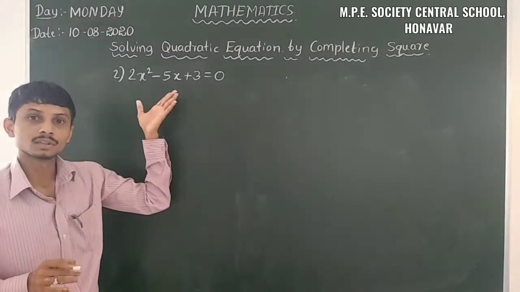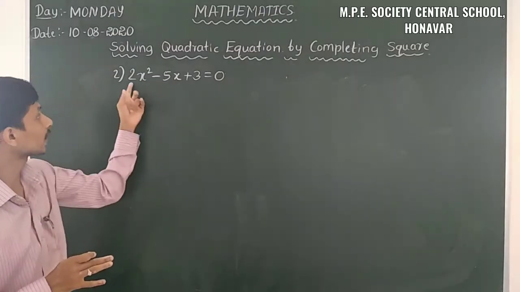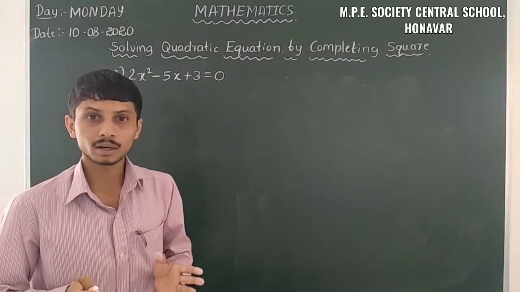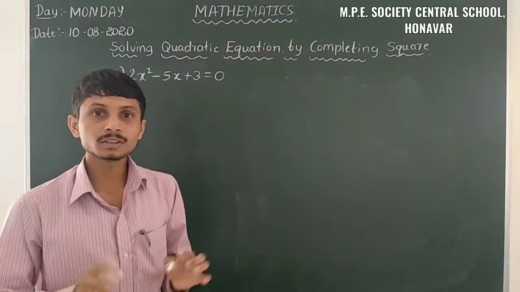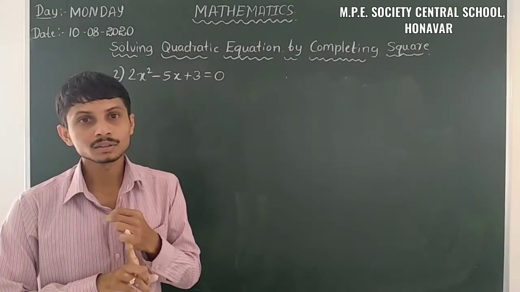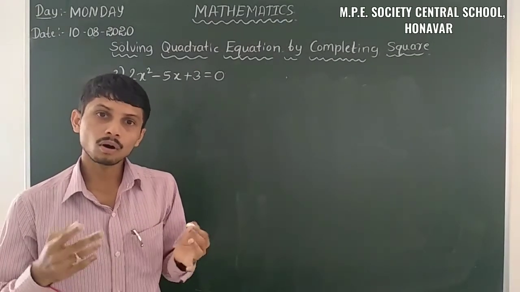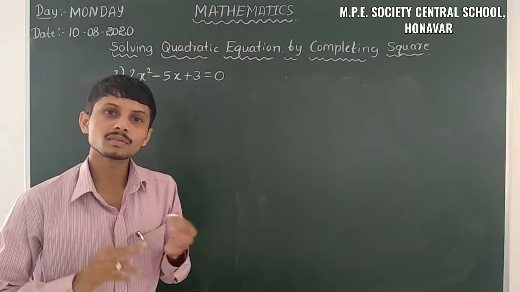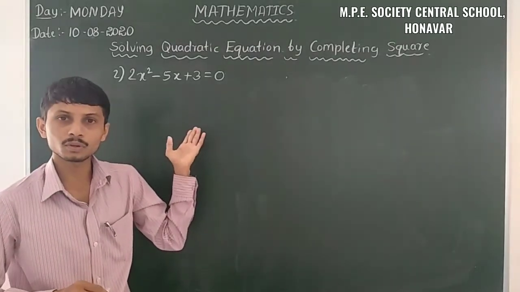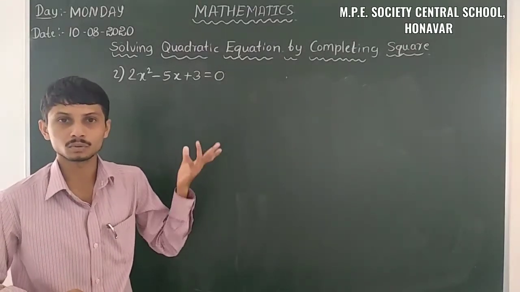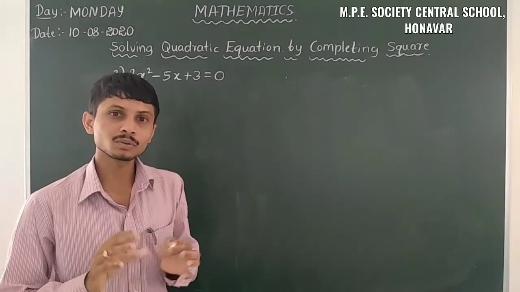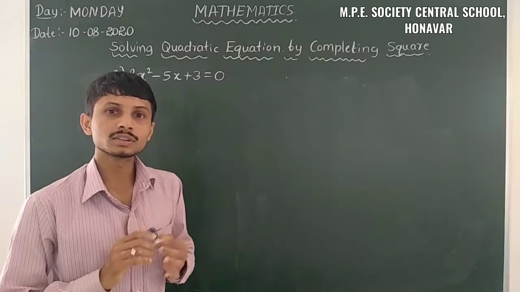So we have to cancel out this 2 from the x square coefficient. The coefficient of x square we have to convert into the form of a perfect square. So there are two chances. One is we have to make it 1. How can we make 1? We have to divide by 2. Or else we have to make it a perfect square, so we have to make 4. How can we get 4? We have to multiply the whole equation by 2. So there are two possibilities here, and from the two possibilities we have to take one method.